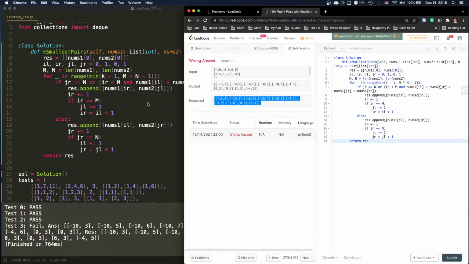So 3, 6 in, so we move again to this and point into 0, because this one is pointing to minus 4. So this and this, the next possible, right? Because all the others have been done already. Okay? So this and this. Now we add minus 4, 7. Minus 4, 7 is too small, right? And now we can compare minus 4, 8. That's still smaller. And then minus 4, 100, that's too big. Now, when that's too big, we push this into the queue, and then move forward